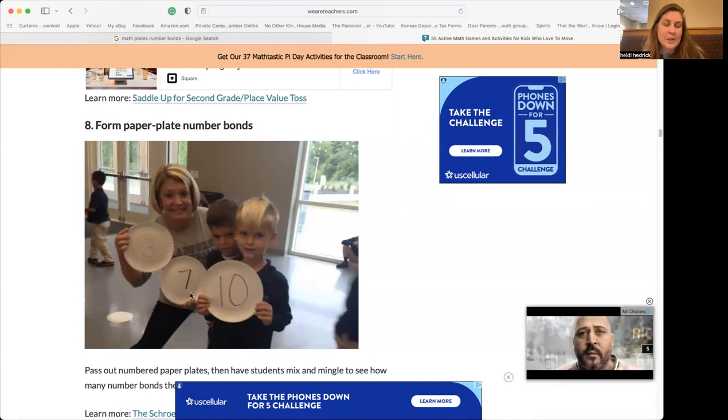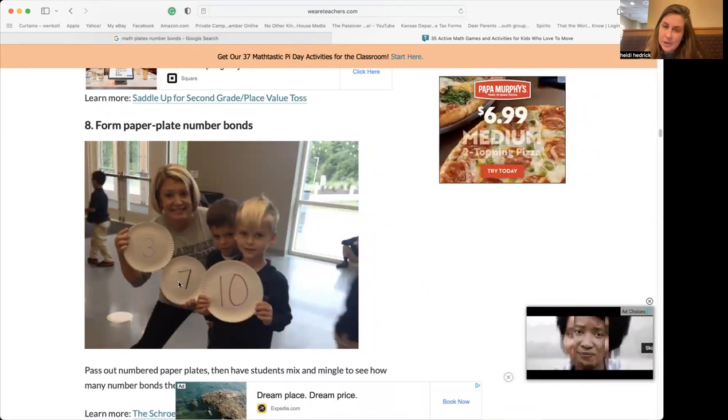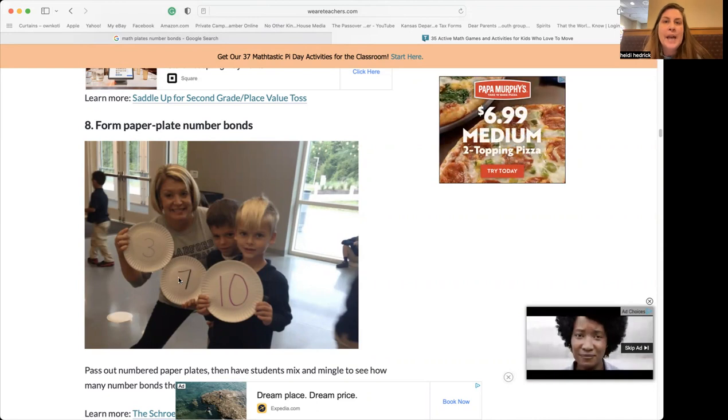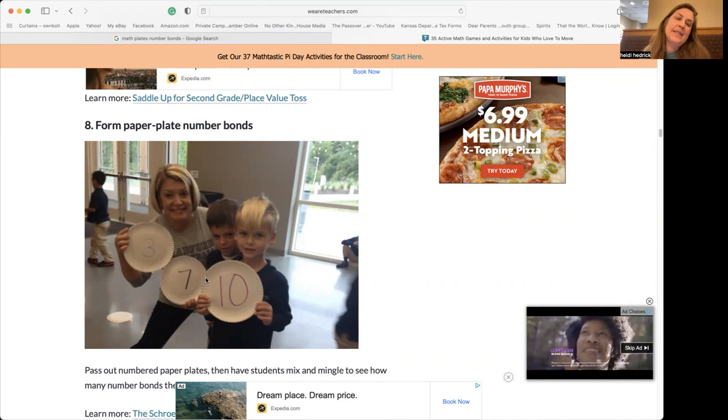For example, 4 and 6 would work, 1 and 9, and they were to find how many bonds they could do around the room. I thought this was really cool. I think something that would have made this a little neater or better is if they would have had some objects on it, like maybe 3 palms, 10 palms, and 7 palms here,